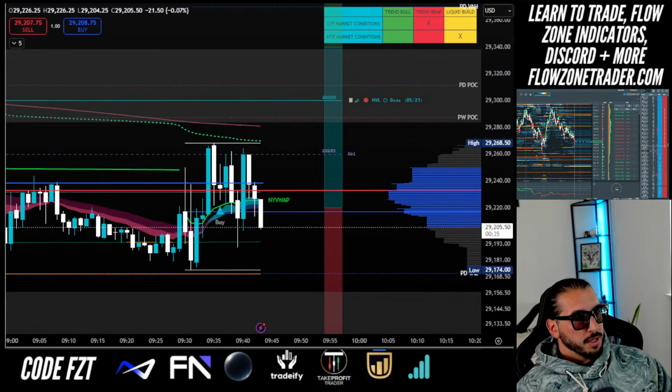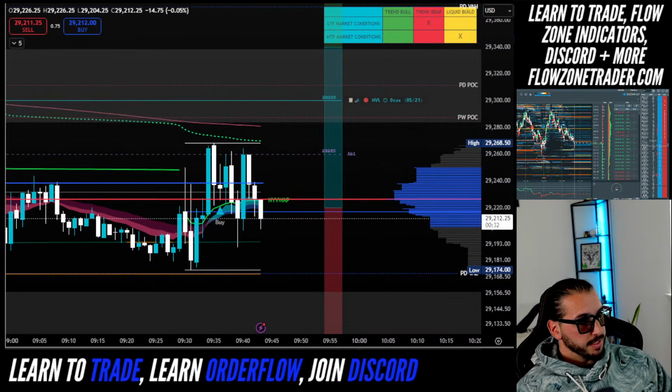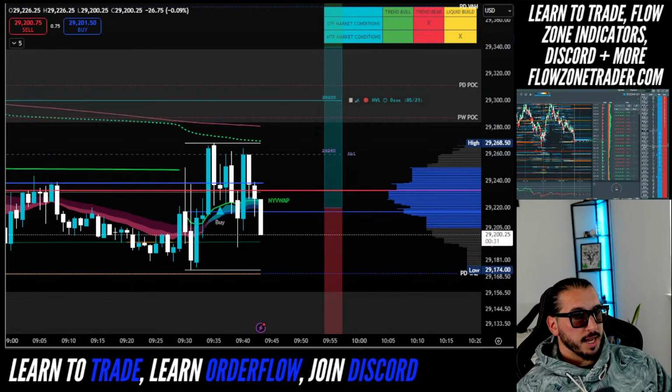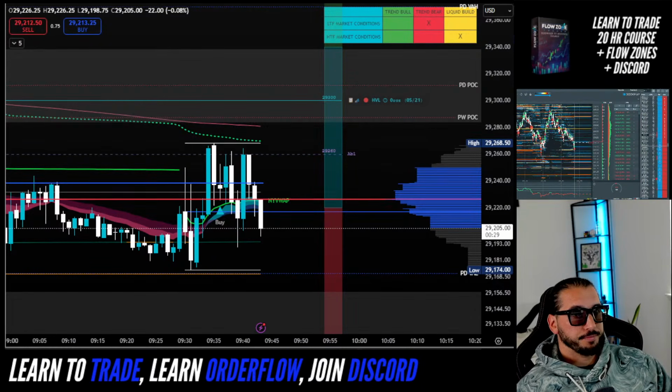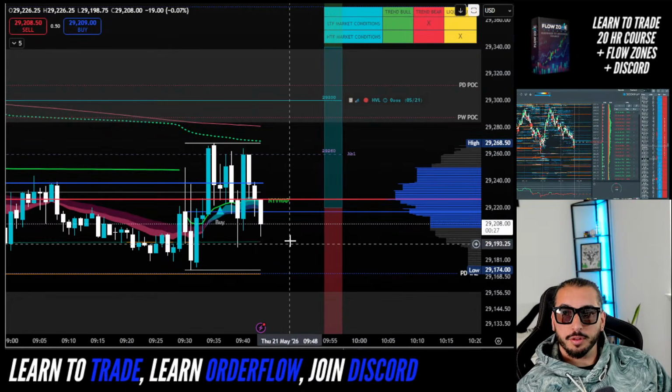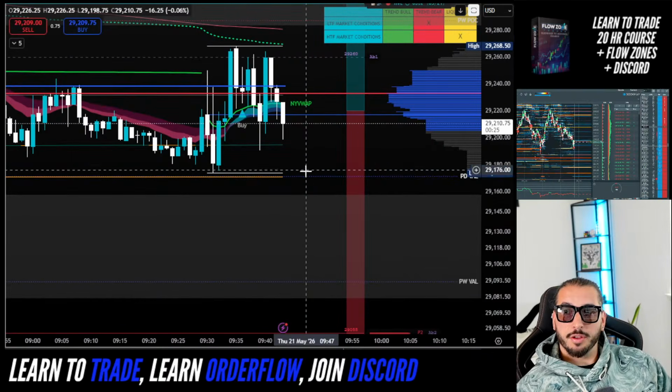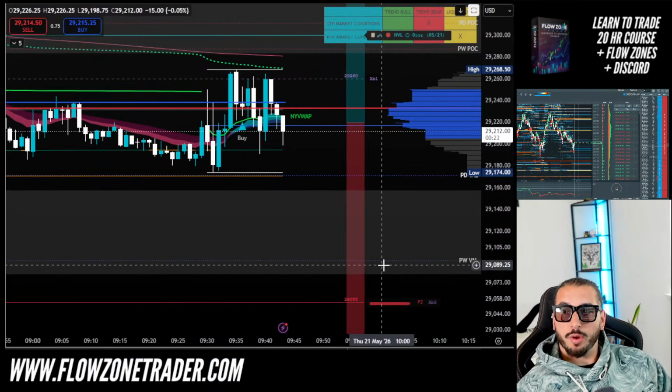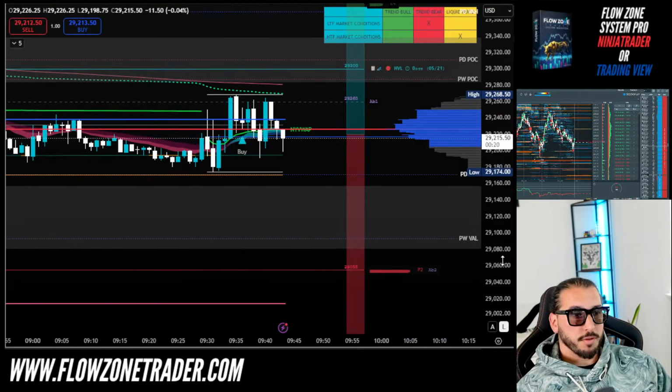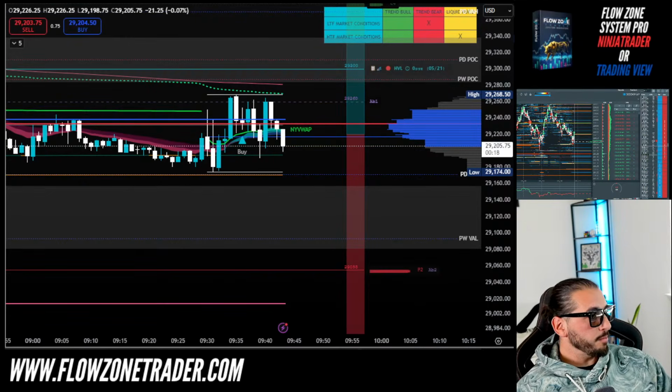If you get a close under 10s, this is what's important. If you get a close under 10s, this is going to get washy. Here's your level. They close under this and they lose this, you've got a 100-point move down here, and if they really let go, you've got deeper. But this is the very, very important level. That's a big rejection of 175 now